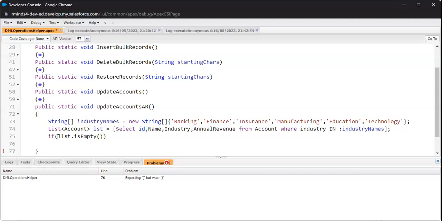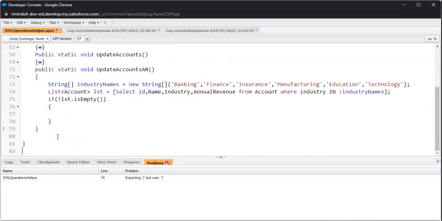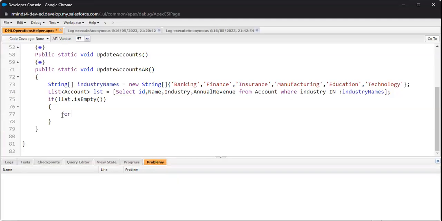If it is true, then we are writing our iterative statement. The iterative statement would be any kind of loop. Yeah, I'm using the for loop again. So for